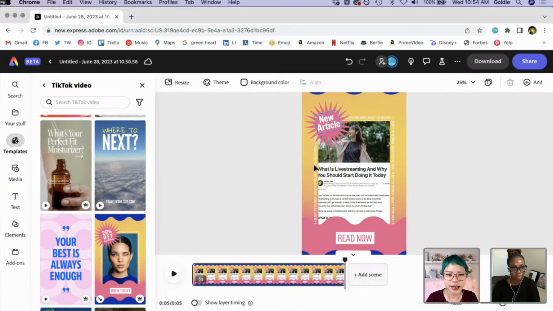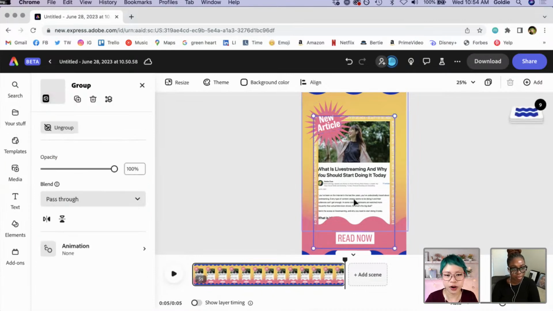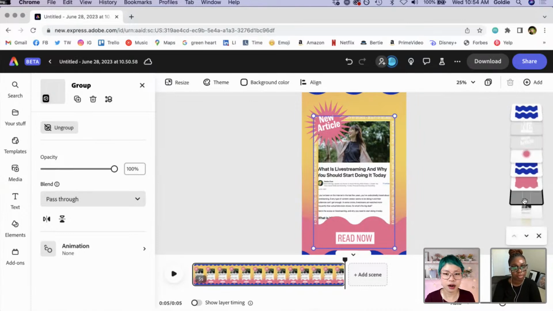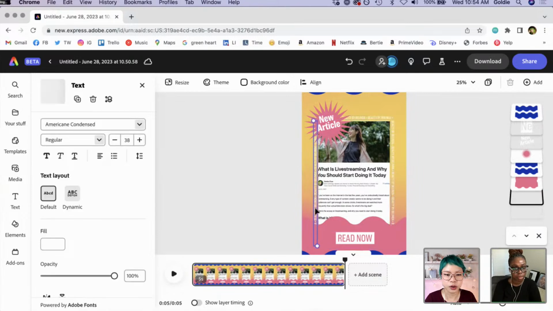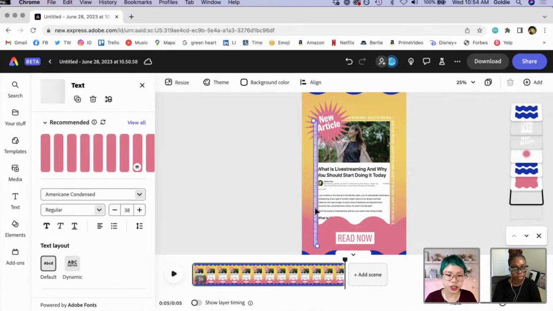So let's get into also, okay, so we have all these other things here. One of the things I think that's always helpful is just seeing what layers already exist on a template, and then getting in there. And if we need to ungroup, just ungroup. And then we can also change the font or change the text.